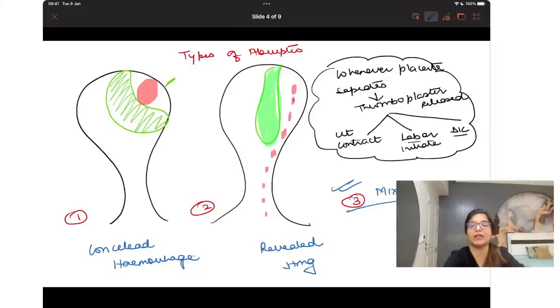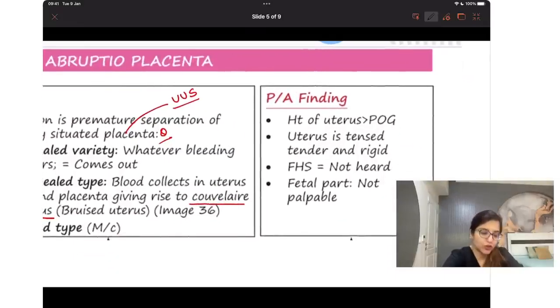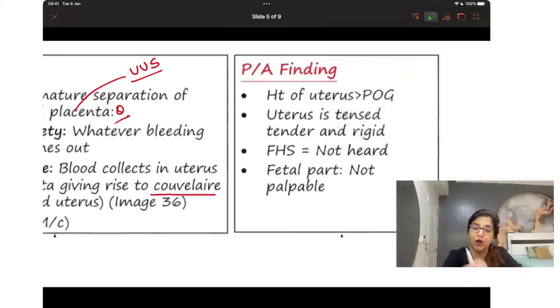So it is going to make the uterus contract, it is going to initiate the process of labor, and it is going to start the process of DIC, right? So in case of abruptio, what is going to happen? How will the uterus feel on per abdomen? If thromboplastin is making the uterus contract, the uterus will be tensed, tender, and rigid. And if the uterus is tensed, tender and rigid,